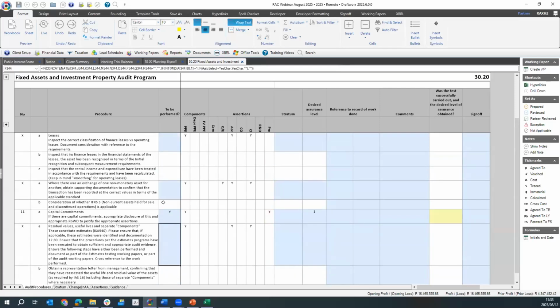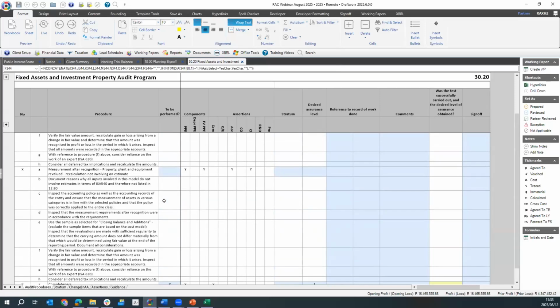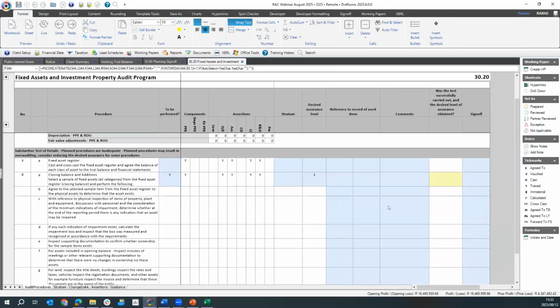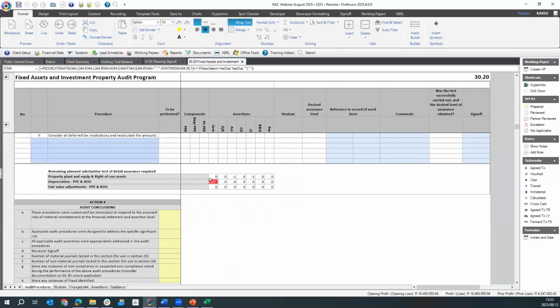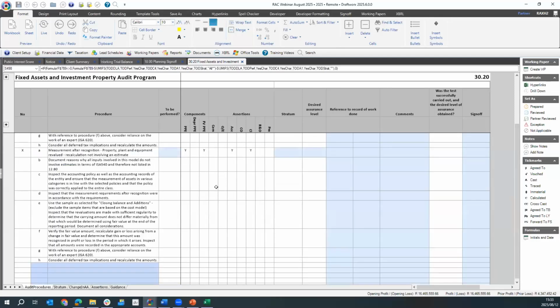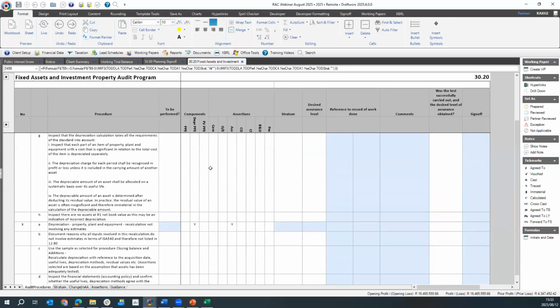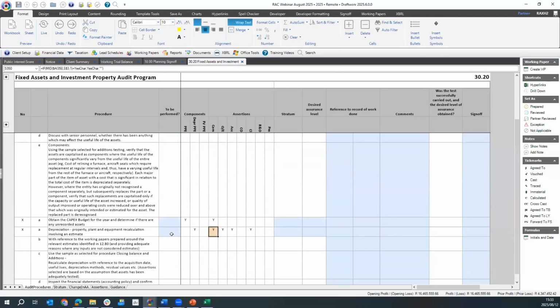Okay, let's get that. I think I've covered all of them. Okay, so I'm just missing a depreciation completeness. So I can scroll up. I find one. If I'm happy with that procedure, yes, I can go and indicate that I want to test it. When I do,